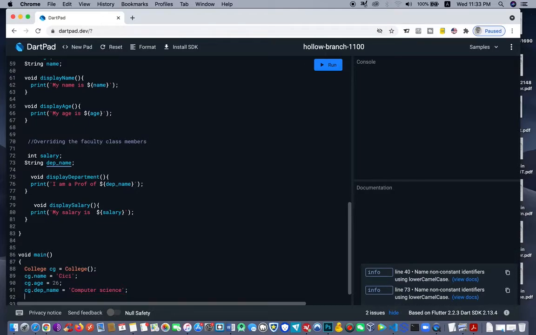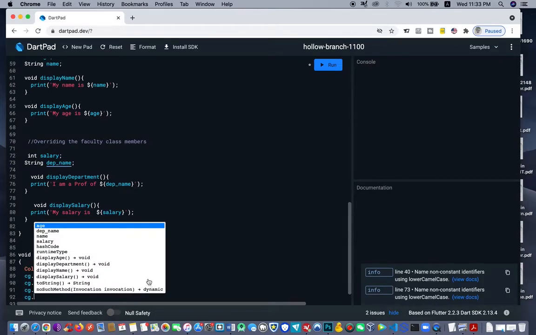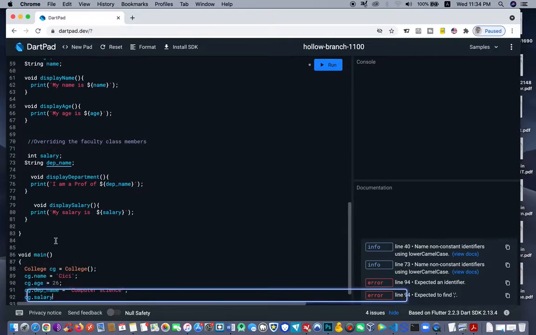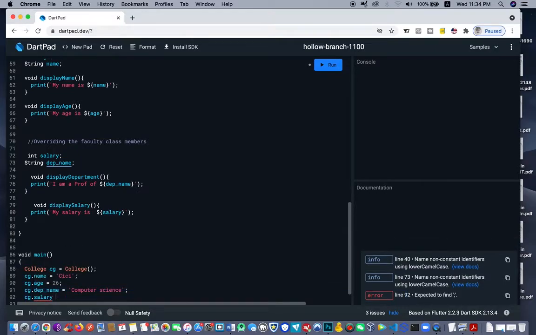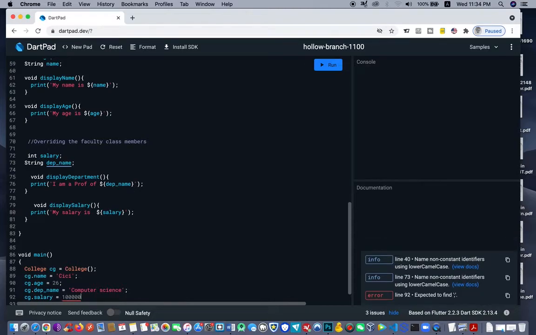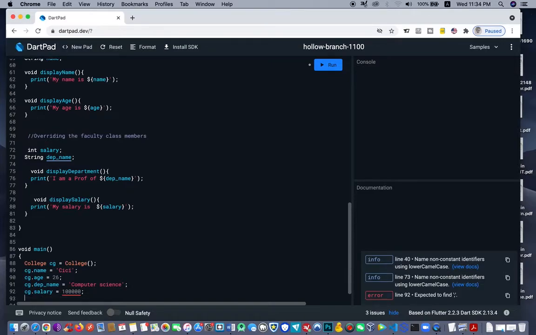Then the next will be what? What are we going to call dot period? And then what are we gonna have? We're gonna have the salary, right? We have name over there. Okay, so it's left with the salary. So salary is equal to, let's say, maybe $100,000. Okay, then I terminate. All right,